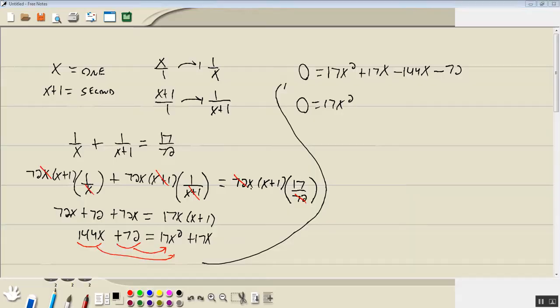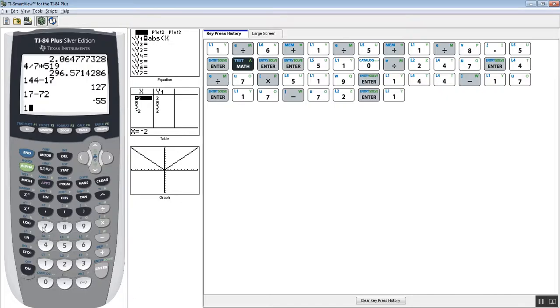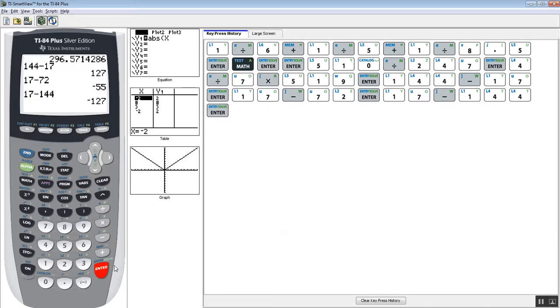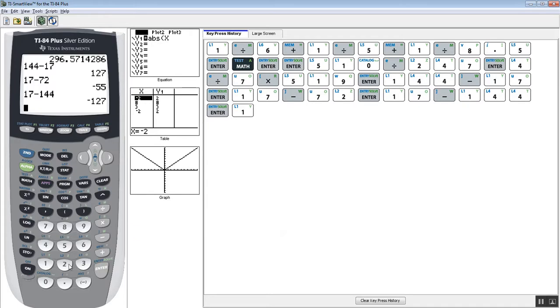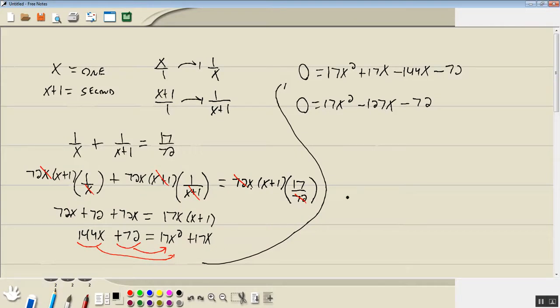17 minus 144. Negative 127x minus 72. I hope those are all divisible by 17. So,